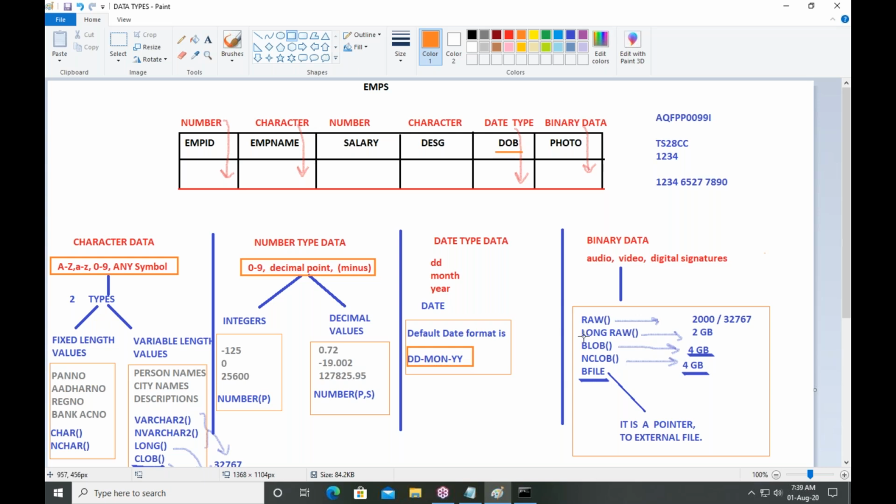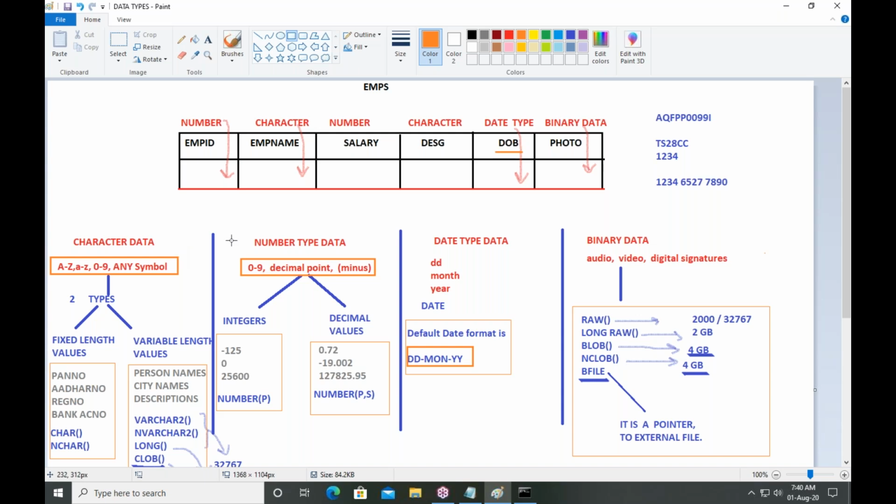Next one. So to store character data, number data, date data, we have data types. What about binary data? What is binary data first of all?